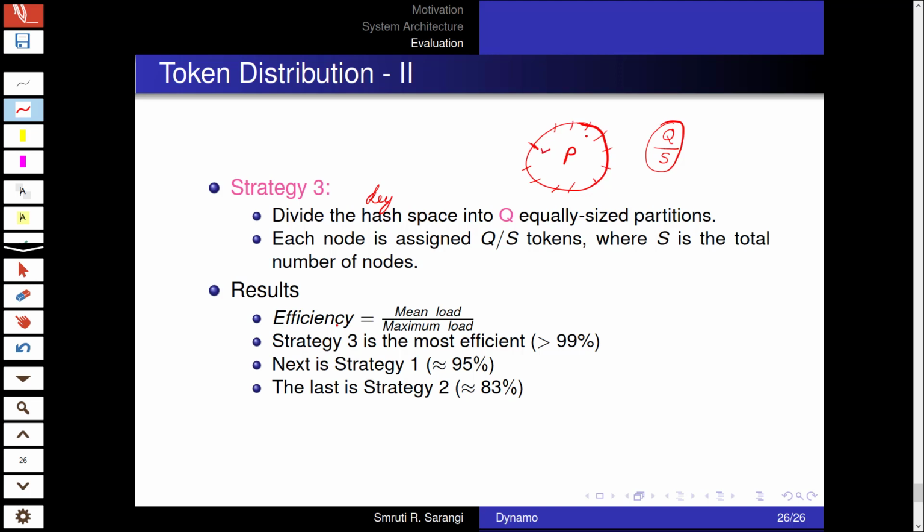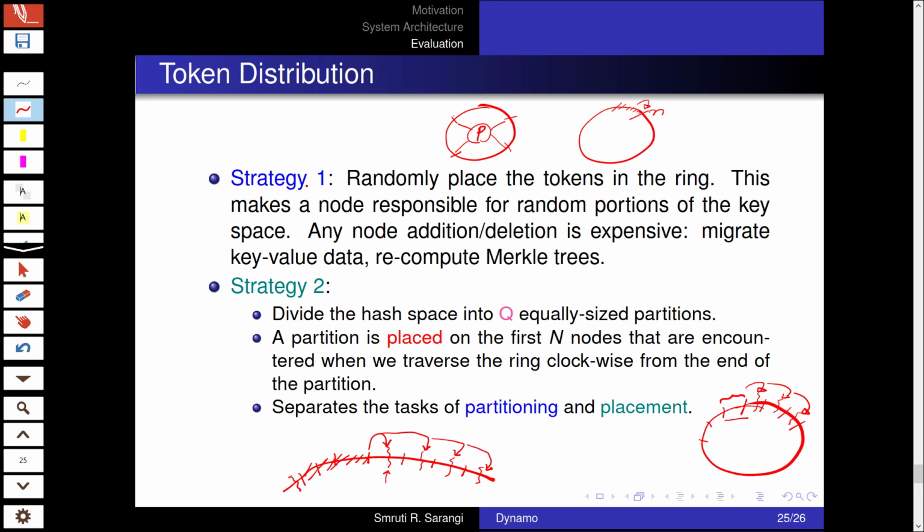So let's say this be one position, another position, another position, another position. And essentially we steal tokens from other nodes such that this condition holds. On an average, roughly this condition holds, which means that q by S tokens are held by each node. So this is a very explicit form of load balancing where all the tokens are the same size and the number of tokens held by each node is roughly exactly equal. So strategy 3 is clearly expensive, but this appears to be the best. We will see when we look at the results.